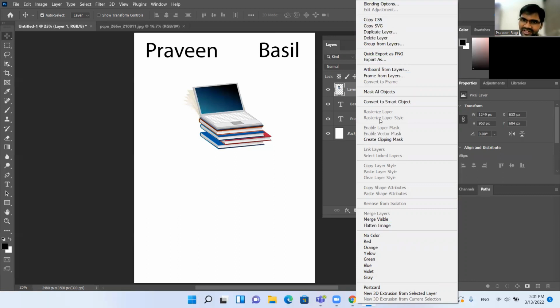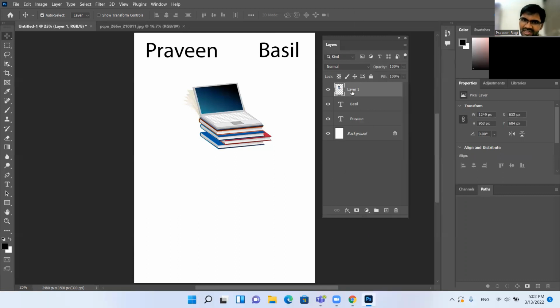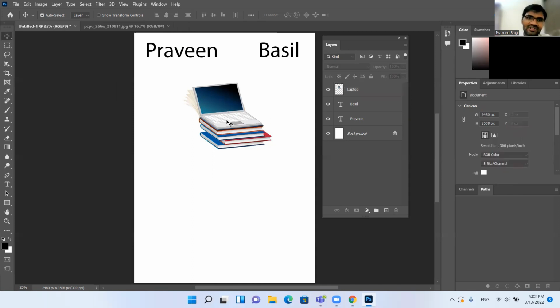There will be a rename option. If it is not showing, I can just double click there like this. I just double click, then I will have a chance to edit the name. So layer one, I change it to laptop. Okay. So why did I change this one? Because I want to see, for example,